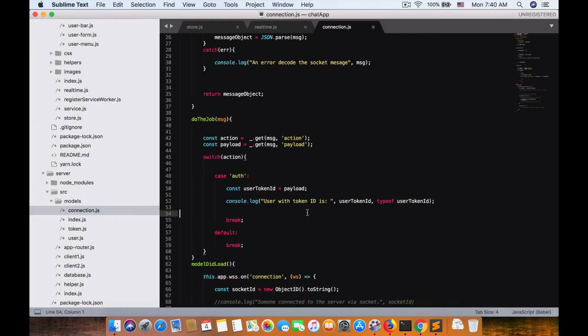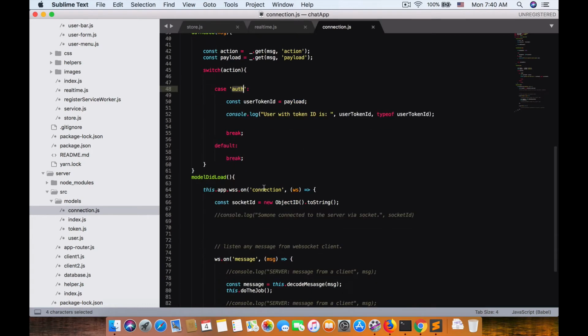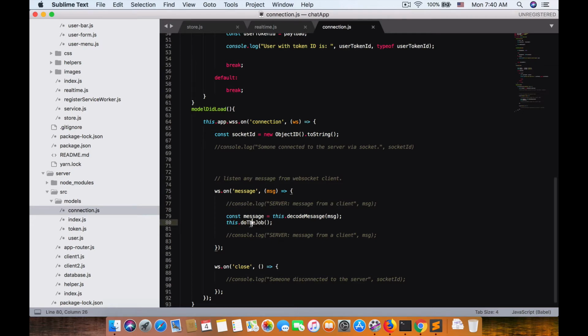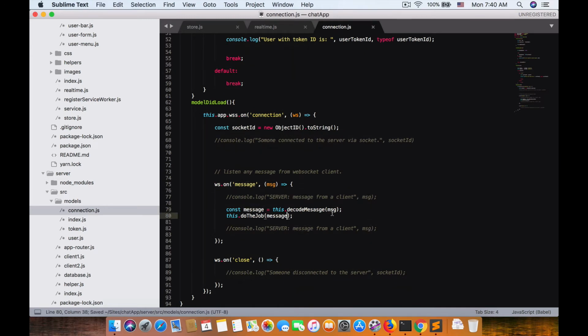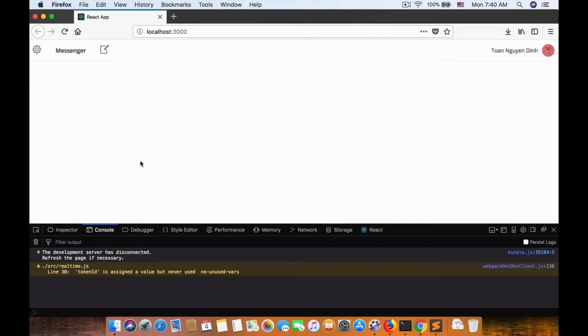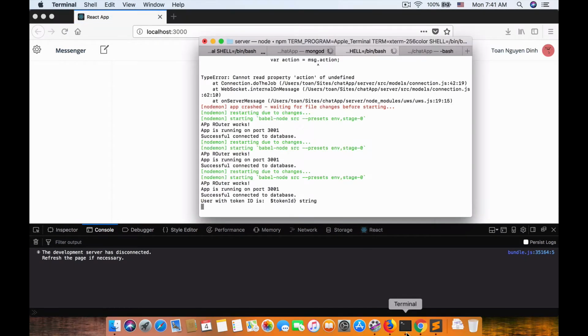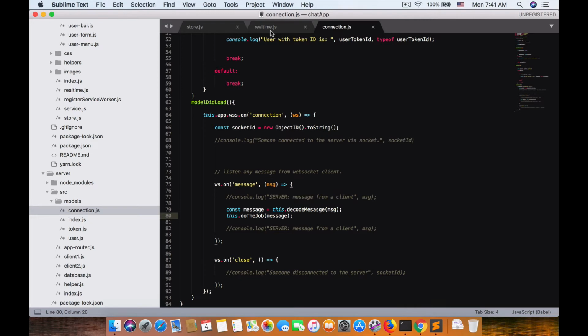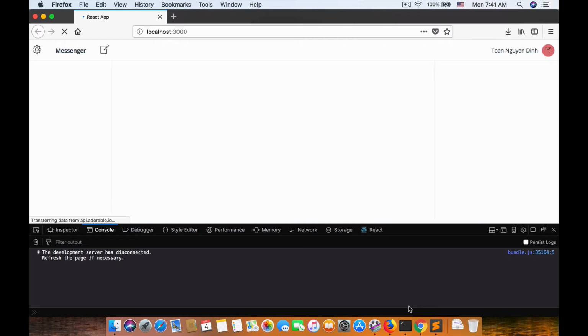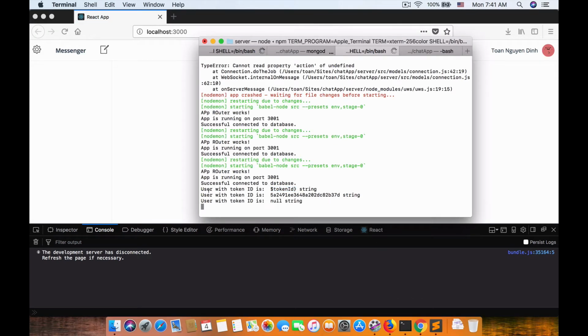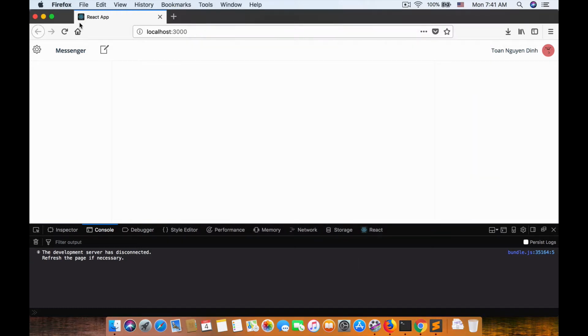Okay, we got the E and KO. So let's see, oh right, I called doTheJob, but doTheJob takes a Message object, and I didn't pass the Message parameter to this method. Right, the server is now okay, and now I refresh my browser, and I think we should get the user token ID. Alright, so the token ID, this is wrong, because in real time I'm sending the token, this is wrong, so it should be in brackets, and here let's refresh the browser, and we got, alright, the user token is a string and not an object. Alright, so refresh this,